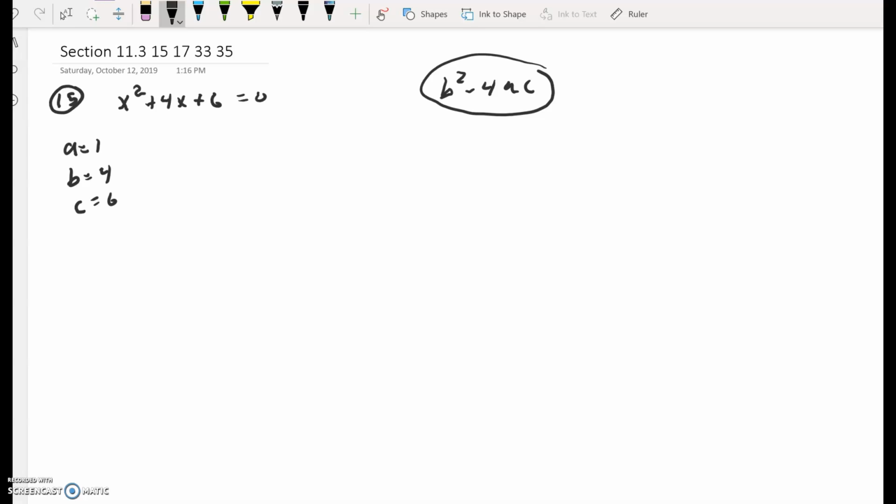So we do the calculation b squared minus 4ac. B squared is 16 minus 4 times a times c. A times c is 6. This is 16 minus 24. This is negative 8. When you have a negative number for the discriminant, it means that in the quadratic formula,